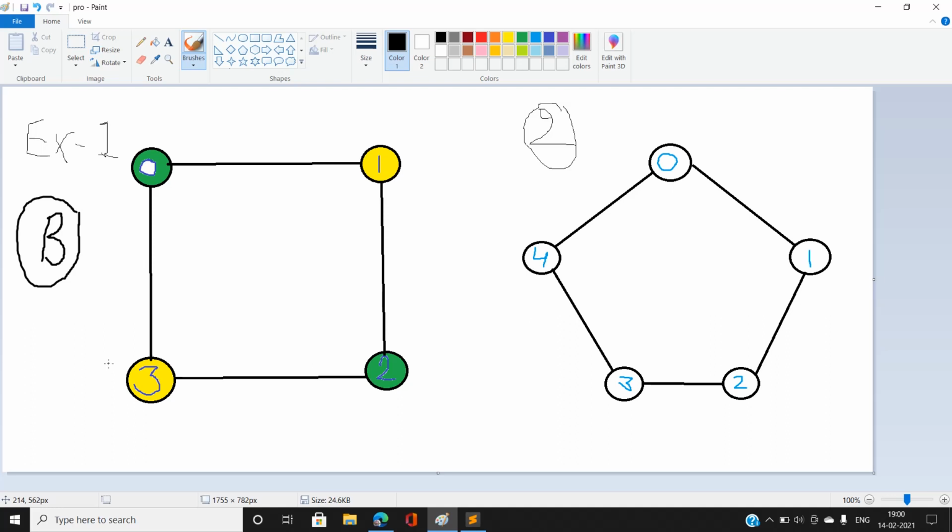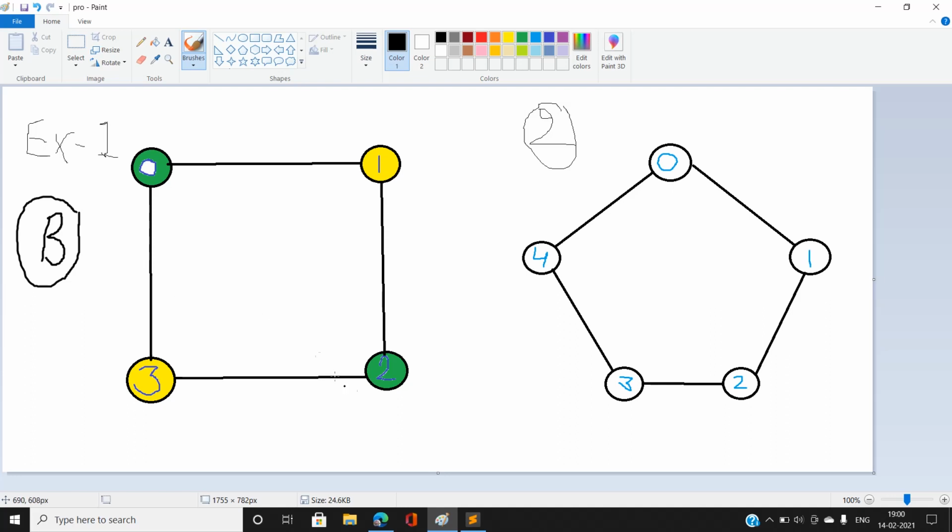Okay, also you can easily see an observation, that is, you can observe a main thing. If there is a cycle in this graph and it is of even length, then the graph is a bipartite graph. If the graph doesn't contain any cycle, then we can also claim that the graph is a bipartite graph. And if the graph contains a cycle and this cycle length is odd, then we can say our graph is not a bipartite graph.